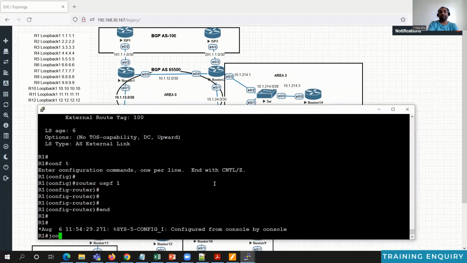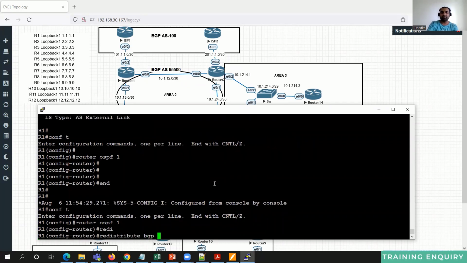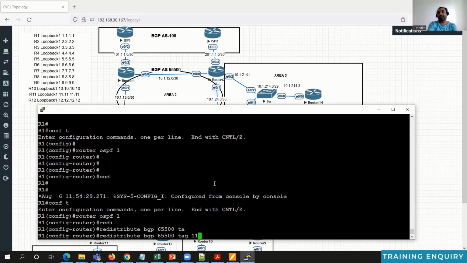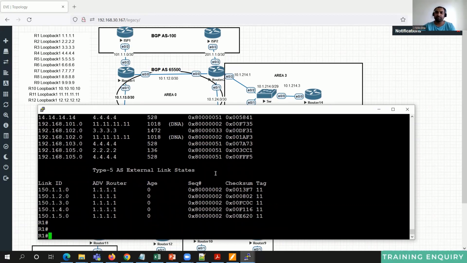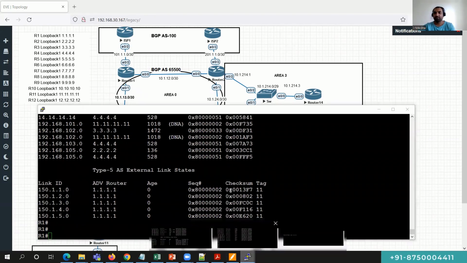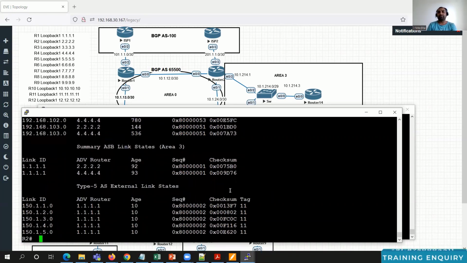So for example, if you are doing redistribution here, redistribute BGP, right? And then tag value, let's say I set 11. Show IP OSPF database. So with tag 11, these prefixes will go to router 2 now, right? Because LSAs, you cannot really stop them. So those are available over here. In case somebody changes the AD value for eBGP, obviously router 2 will install these prefixes in its routing table. But at any cost, I don't want router 2 to get these prefixes installed in its routing table,